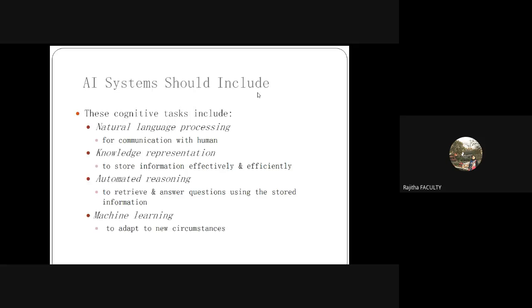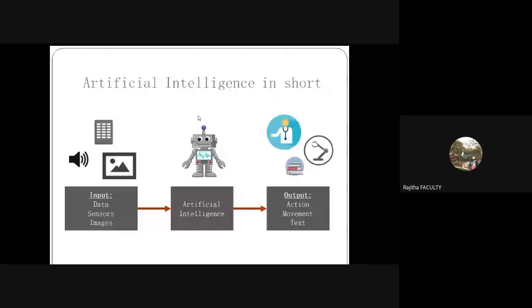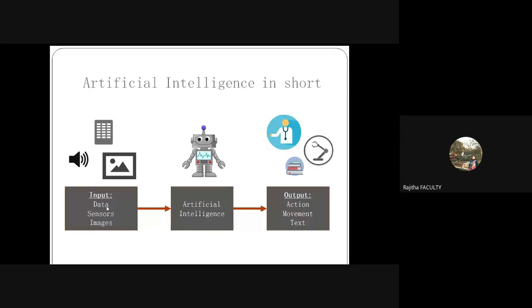Okay. Now this is the general overview of any artificial intelligence system. Generally, this is my system, computer. It can take the data either directly through text data, or through sensors like light sensors, door sensors, and smell sensors, or whatever. So it can take the data directly, or through sensors, or through images, in the sense of videos.